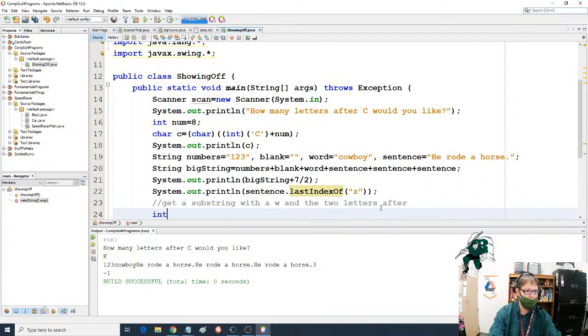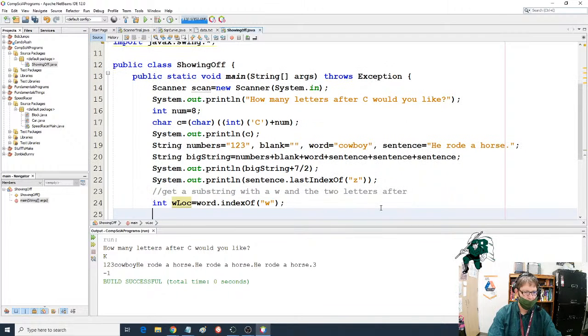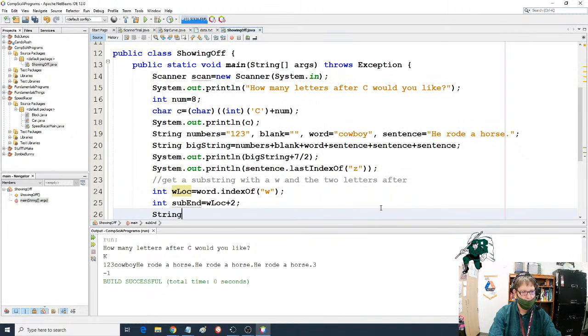All right, so the first thing I would want to do is find out where the W is, right? And then I can say sub end. Where does my substring end? And it should be W location plus 2. Yes? And then my string, my substring,